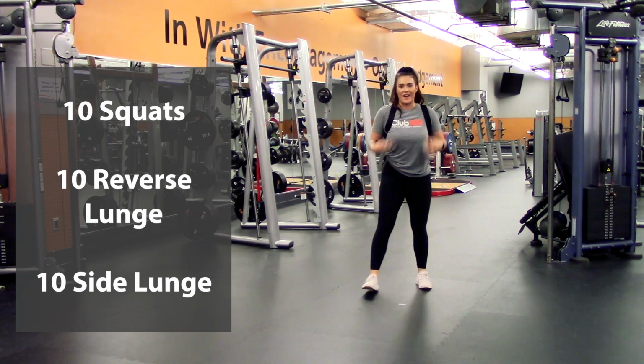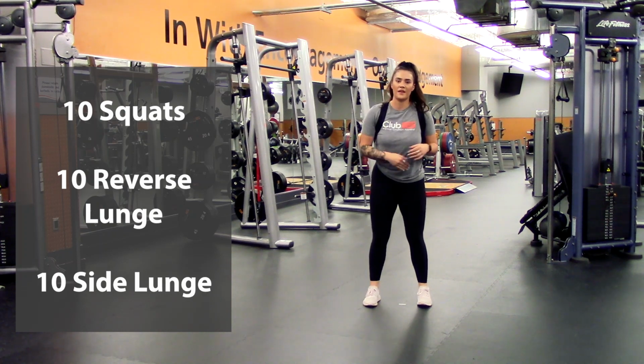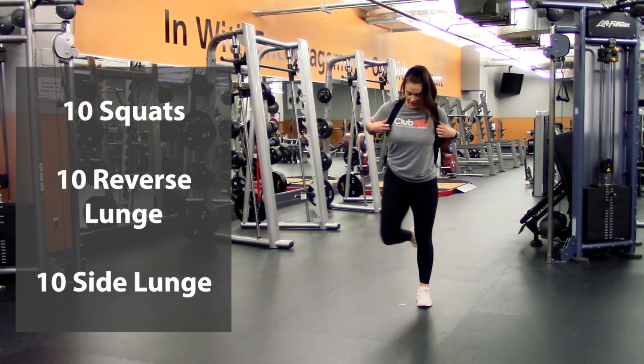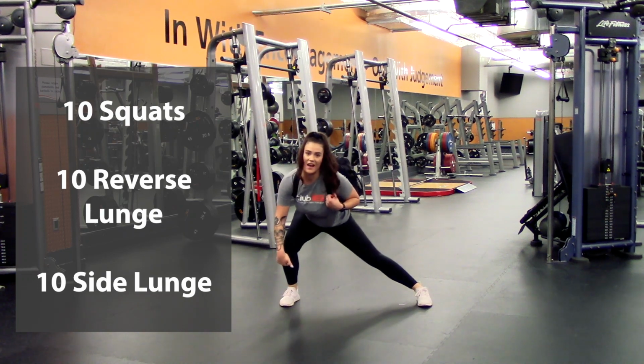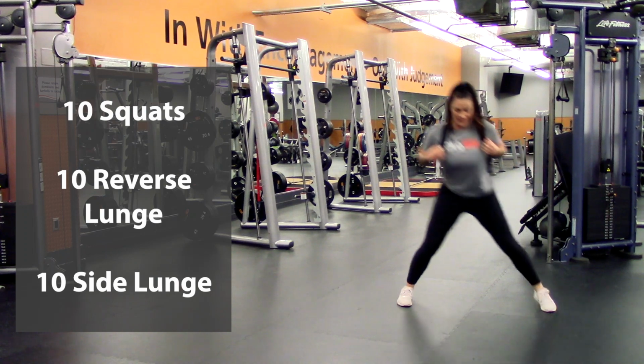And moving on to the last exercise in this first set is a side lunge. So very similar form. You're gonna keep your chest up, core nice and tight. Big step out, pushing off the inside of this foot that we're leaning into right now, and then same thing on the other side. So there's 1,